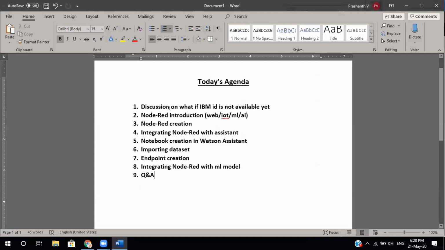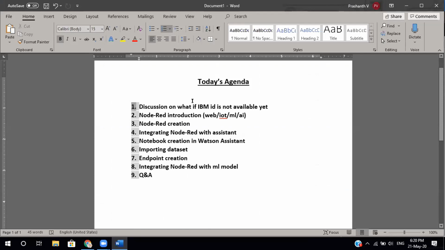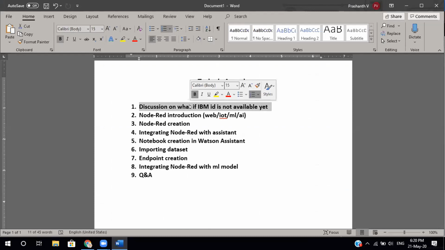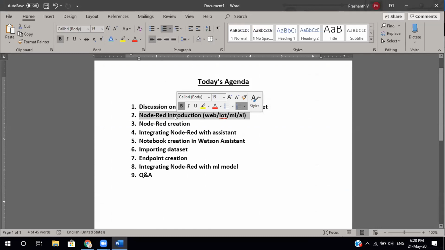So yeah, okay, let's get back to this. So we've covered this first part. If you do not have an IBM ID, you can use cloud.ibm.com for now, for some time, until you get an IBM ID. And when you get it, you'll be familiar with it, and you can do it very easily. Next thing is Node-RED introduction.